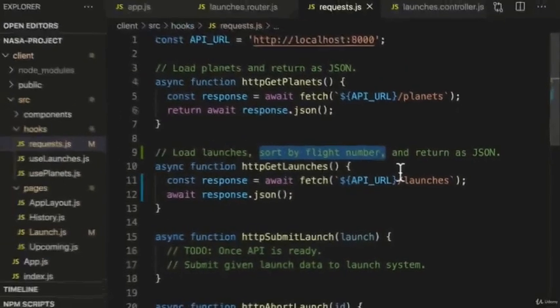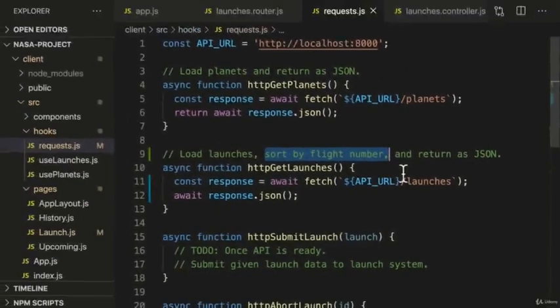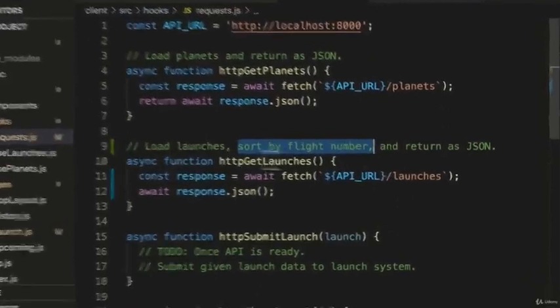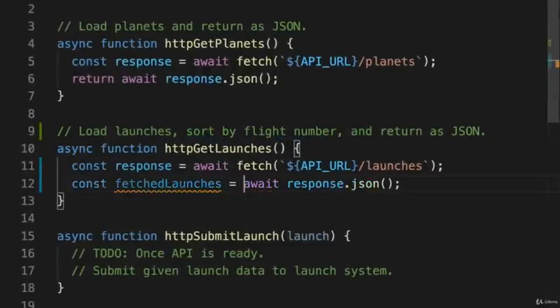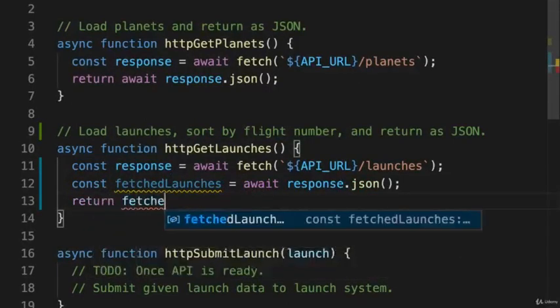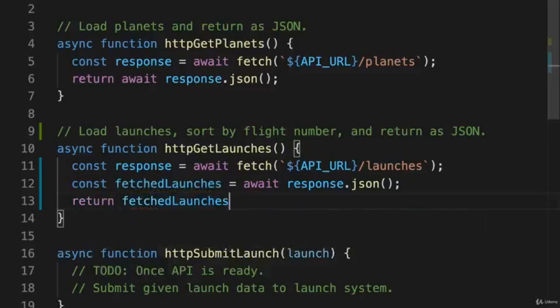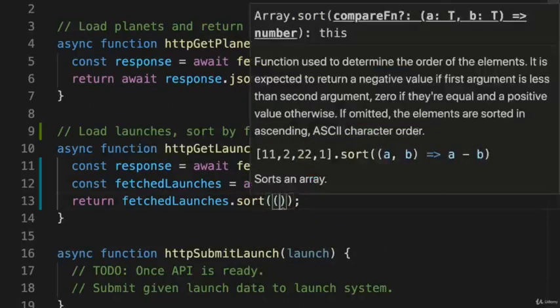And sometimes for things like validation, we'll do it on both, just to be extra sure. So let's assign the JSON to this fetched launches constant, and then we'll return fetched launches, but sorted in ascending order by the flight number. This will use the .sort function on our launches array, and we can sort by passing in this callback